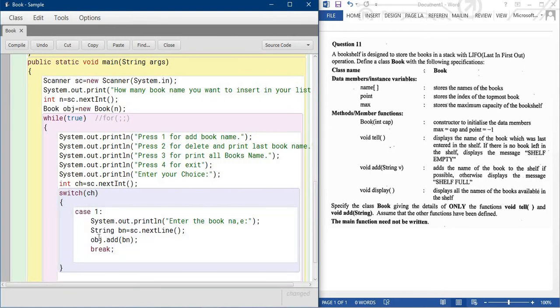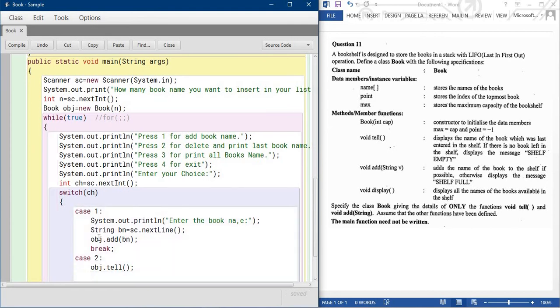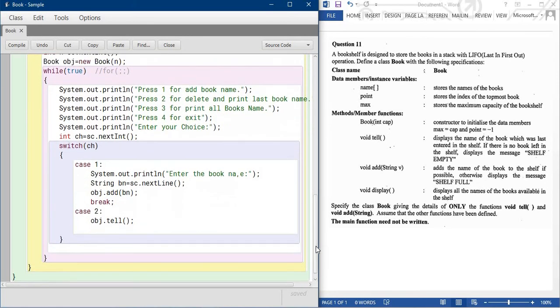Now similarly you just write case 2, and for case 2 we don't need to do anything because there is no parameter. You simply write obj dot your method, tell, semicolon and break.